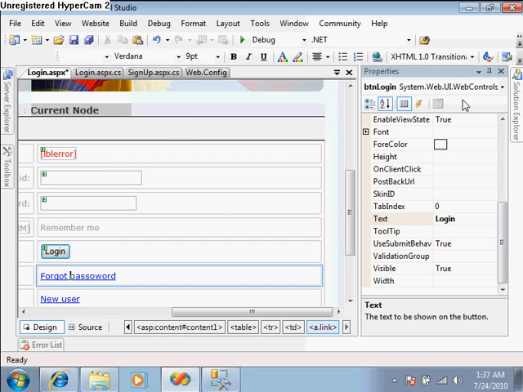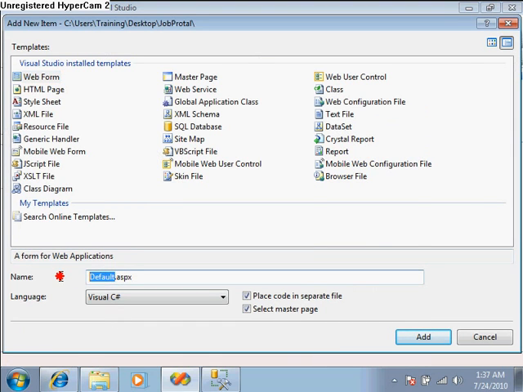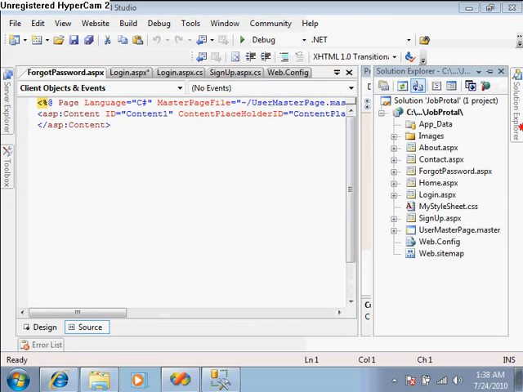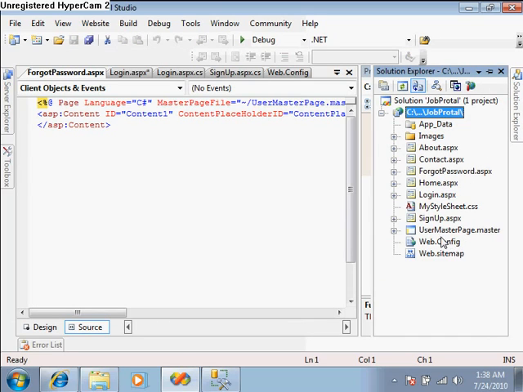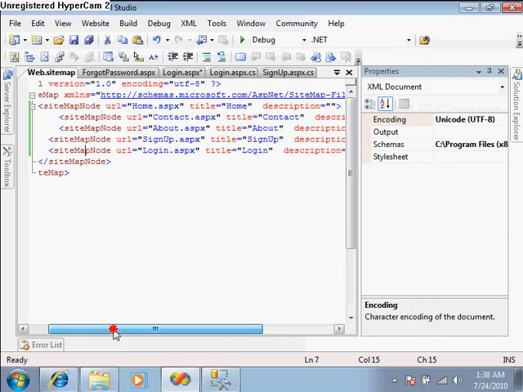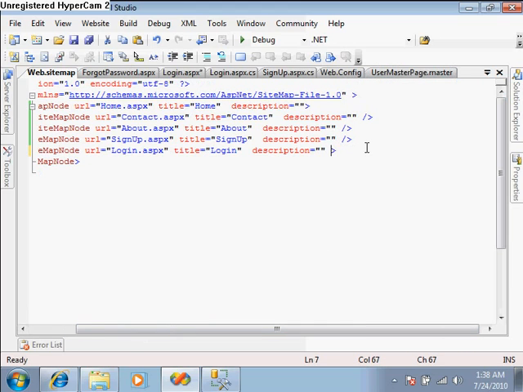Now this is the forgot password link, so we should have a page for forgot password. Whenever there is a login system and authentication system, there will be a forgot password page also. Now at this time just include this page and set web.sitemap also. So we can place this forgot password in login,